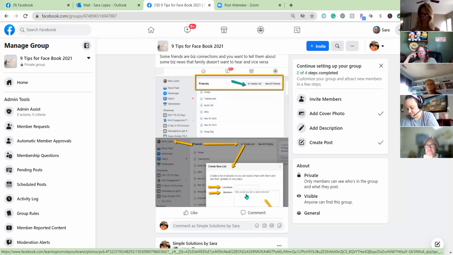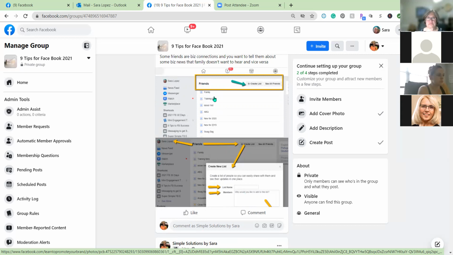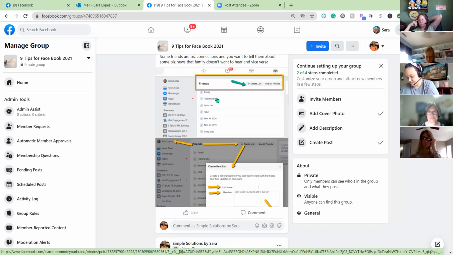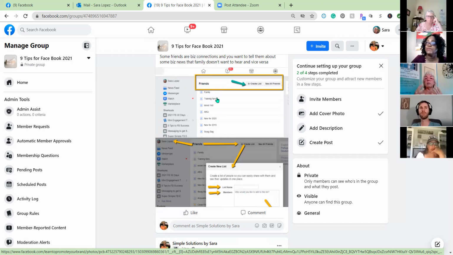So for instance, if I'm having a class and I want to tell all my training friends that are fans on my personal profile, I'm going to create a post and say, hey everybody, just want to let you know I'm having a free training. Jennifer has allowed me to do this with the TTR group. And I am going to only have that go to training fans